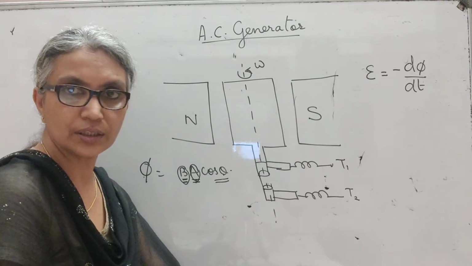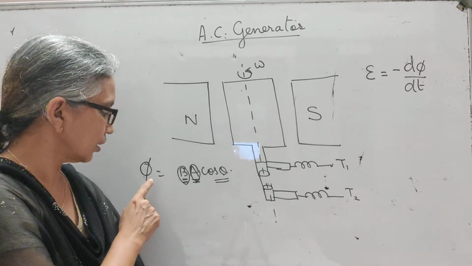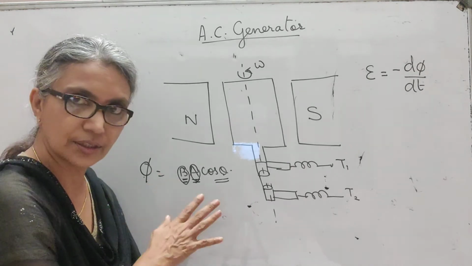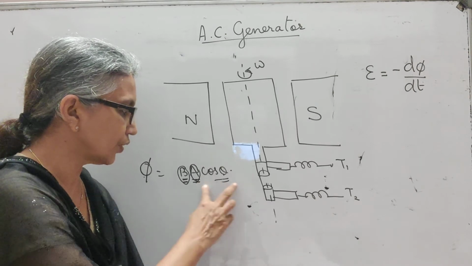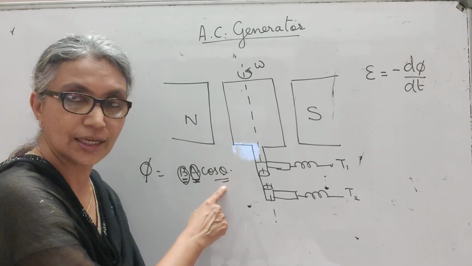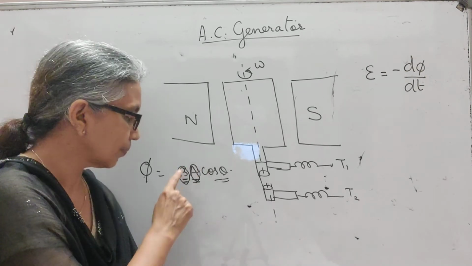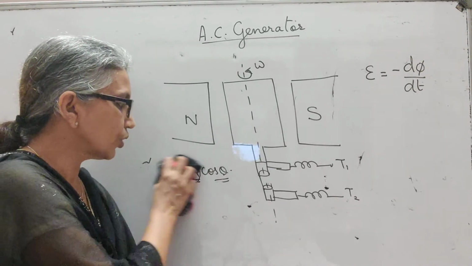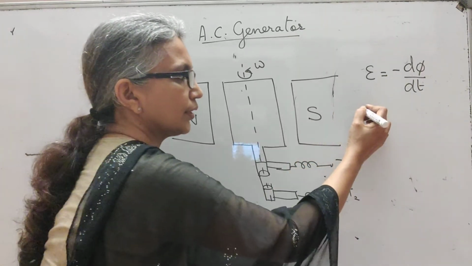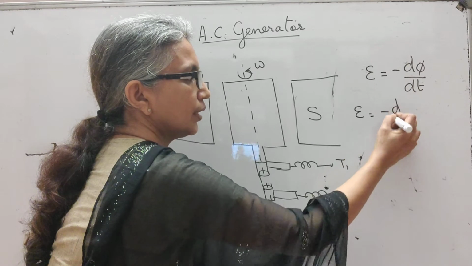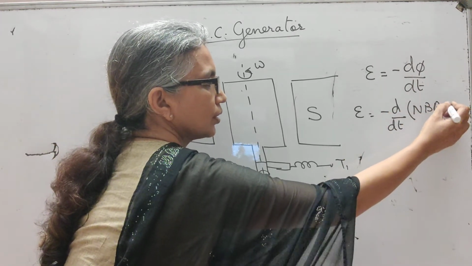So this whole chapter, the different topics we dealt with, is simply inducing EMF or current in the coil because of a change in flux, which means you may change any of these things. Cos theta changes happen in the AC generator, area changes happen in motional EMF, and magnetic field changes happen in mutual induction and self-induction. So now that you've understood this, it's easy: E equals minus d by dt of NBA cos theta.